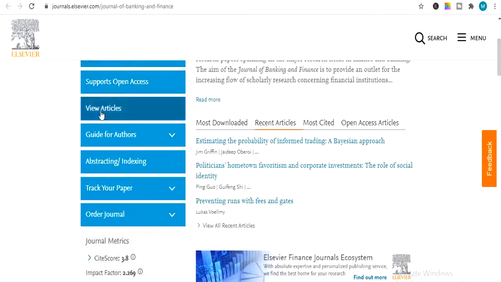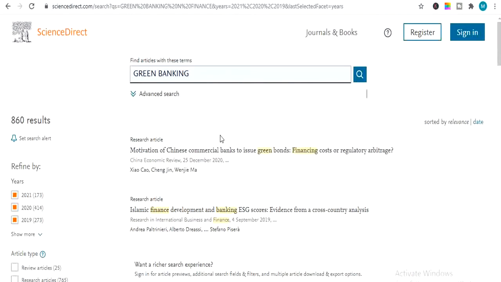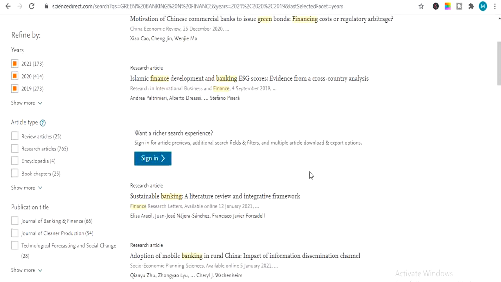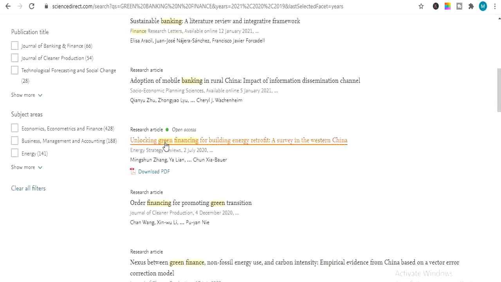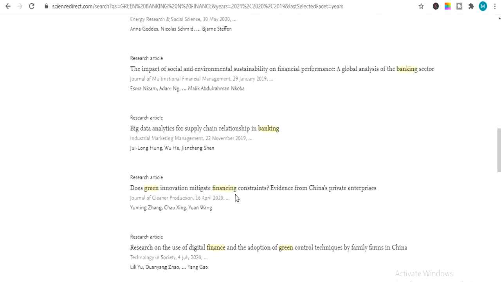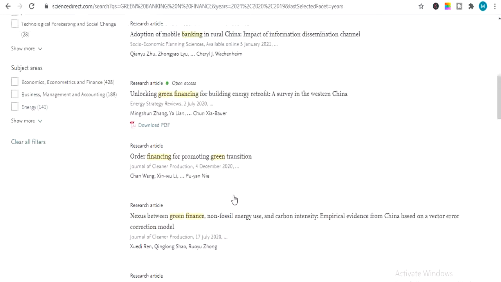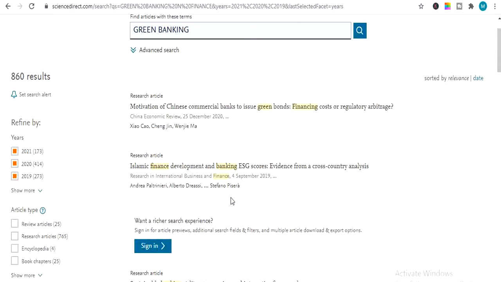You can go to view articles and you can find the latest topics related to your field. As my main topic is green banking, I will search for green banking, and it will give me topics like this. As you can see, green bonds, Islamic finance development, and so many topics. Green financing, green finance, so many topics from which you can choose and select your base paper to continue your study, and continue your research and your synopsis and your thesis. Sorry for mistakes. So moving ahead, now we'll move to topic number 3.